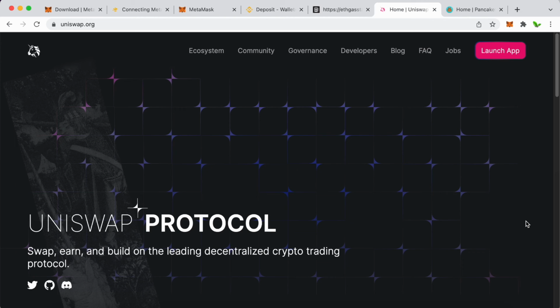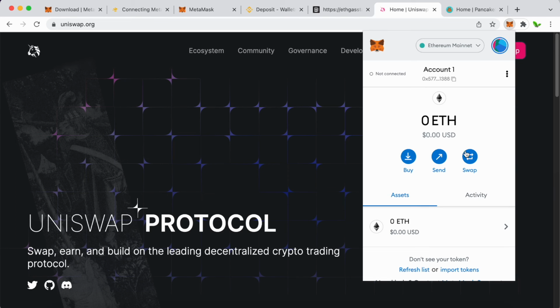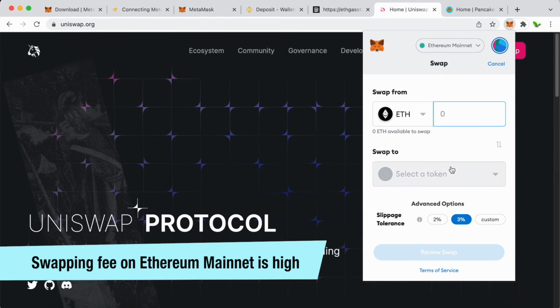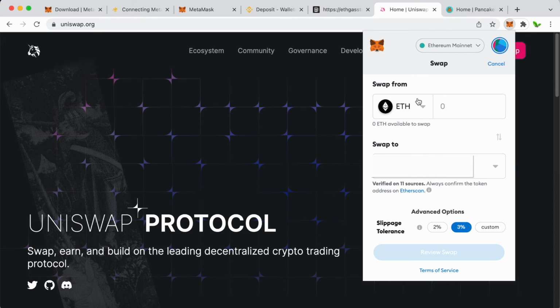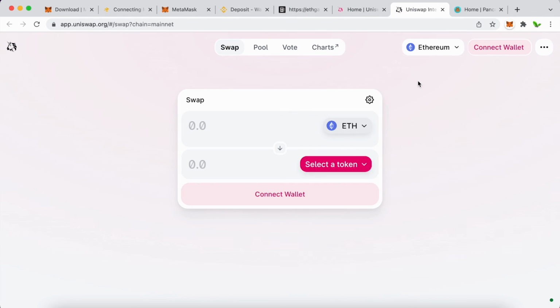Once MetaMask is set up, you will be able to use the decentralized applications or the apps. In this case, I show you is the Uniswap. It allows us to swap from one coin to the other. So here, I can just simply click on this icon, and then you can also see that there is the default option, right? So this is the swap without using the Uniswap. Okay, so what you're going to do is to, instead of using the default option here, you come to the official website, and then once you are here, click on the launch app, simply click on the connect wallet, and now